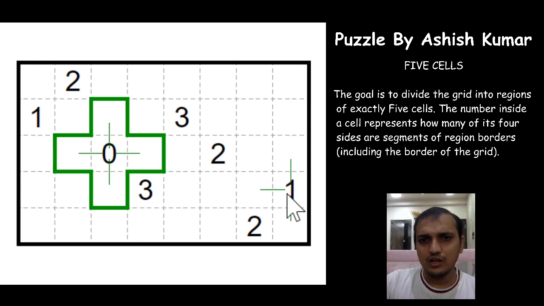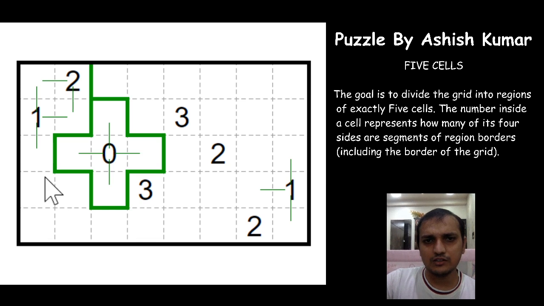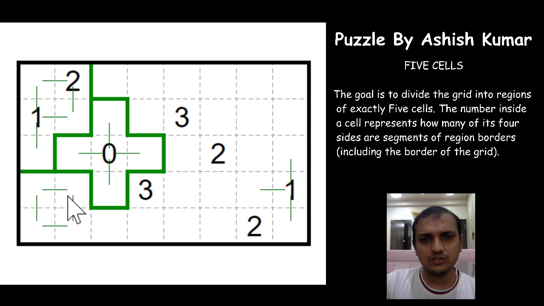So for this one we have marked the 4 cells now because we have already got one segment, so the other 3 will be part of the region with the 1. And the same way here also. And what happens if this 2 is not part of this region? So we will mark a segment on both the sides. Now this 2 has 3 segments, which is again contradicting the rule. So this 1 and this 2 will be part of one region, and we can mark it as the 5-cell region. The same way this has 5 cells now, only one way to connect.